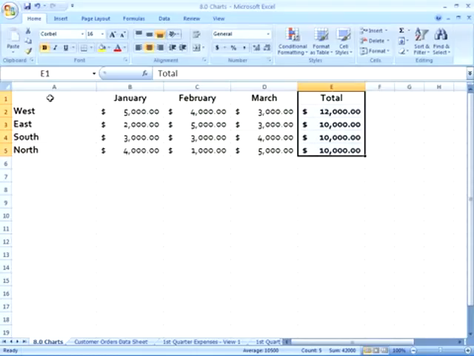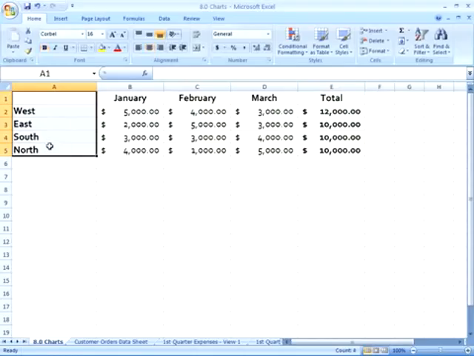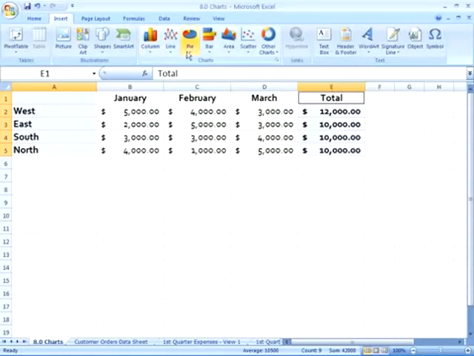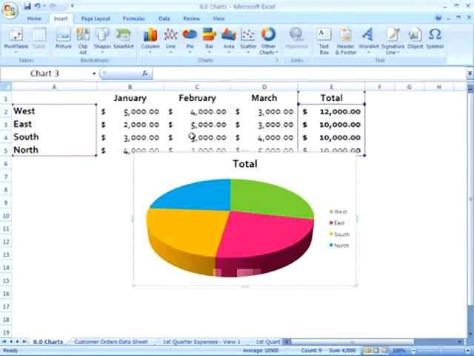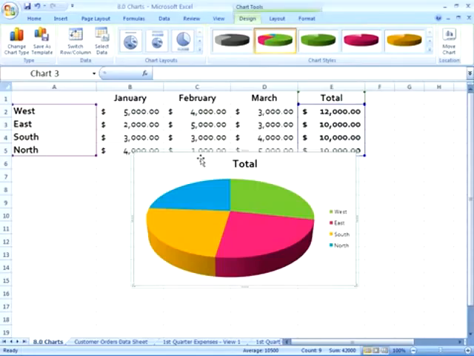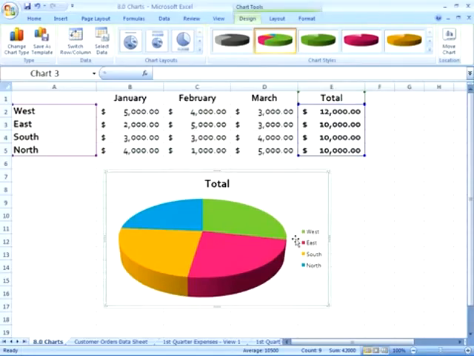So what we're going to do is we're going to click cell A1 and highlight down through cell A5. Then we're going to move our mouse over, hold the Control key down to select a non-continuous range, and then select total all the way down through cell E5. So I have 2 ranges that are the same size. Now I can go back to the Insert tab. Let's go ahead and this time let's do a pie chart, and we'll do one of the 3D pies, and it throws it right in there. I'm just going to move it down, and you can see it's already color coded for west, east, south,